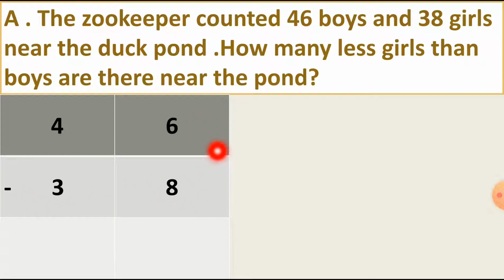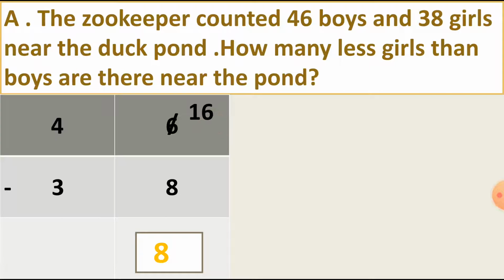So 6 minus 8. 6 is a small number and 8 is a big number. So we can't subtract the bigger number from the smaller number. So we have to take 10 from the tens column, because this smaller number does not have enough to cut the 8 from it. So let's make it a big number. We add 10 to the 6. So we cut the 6 first, so 6 becomes 16 now. So we can easily cut 8 from the 16. So 16 minus 8 is equal to 8.